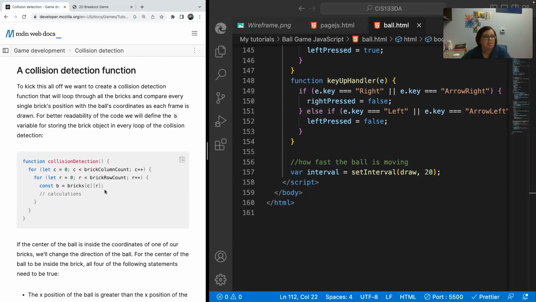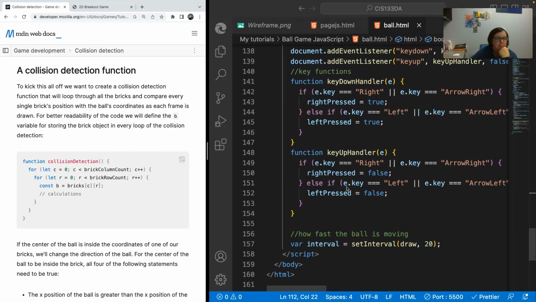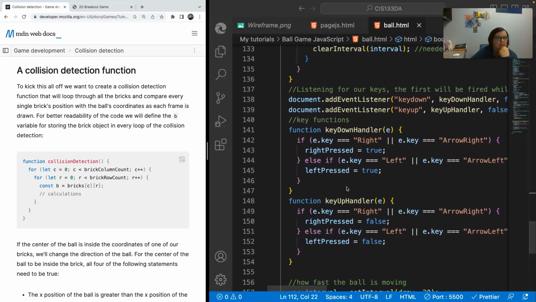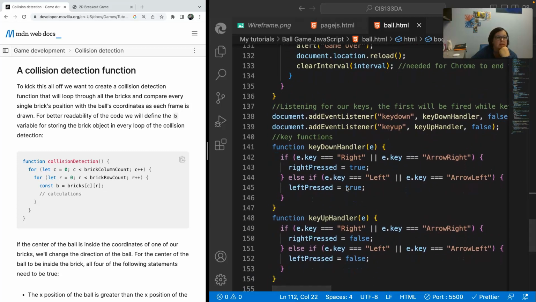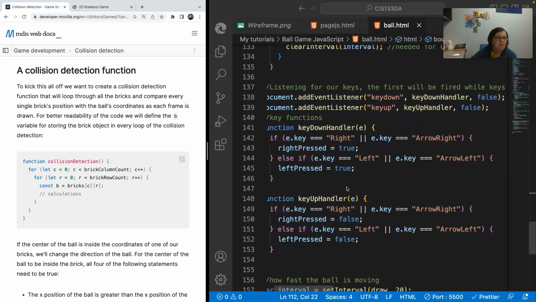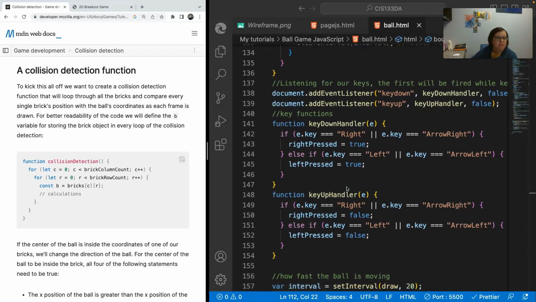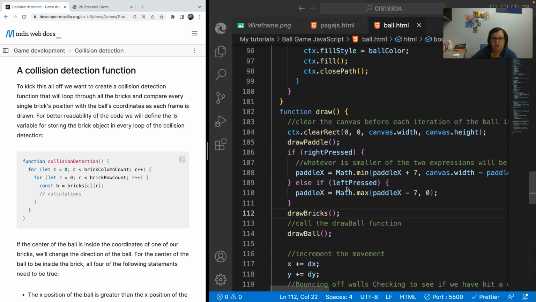Okay, so a collision detection function to kick this all off. We want to create it. We're dealing with the ball's coordinates now. It's the same thing that we had. We're going to loop through all the bricks and compare every single brick's position with the ball's coordinates as each frame is drawn. For better readability, we will define the b variable for storing the brick object in every loop of the collision detection. Okay, so let's go up to